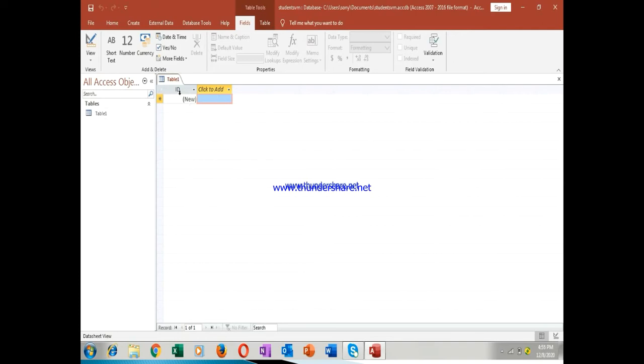Can you see it? So there are two ways of creating a table. One is the design view and one is the data view. Okay, there are two types of view to create a table. First is the design view, that is how you want to design your table, and the second one is the data view. Okay, see, I am showing you. Wait.